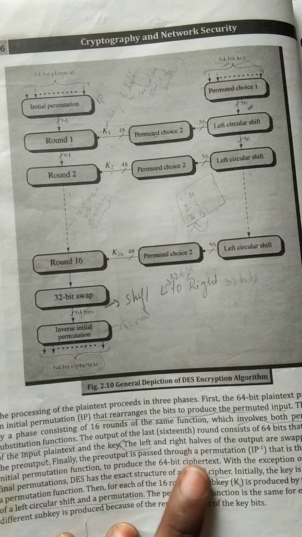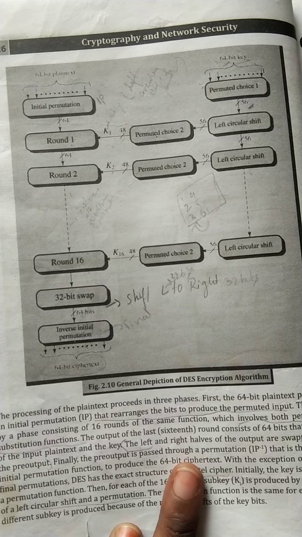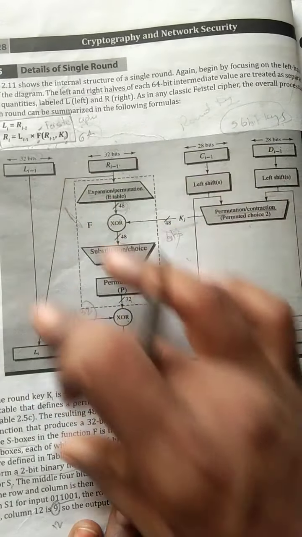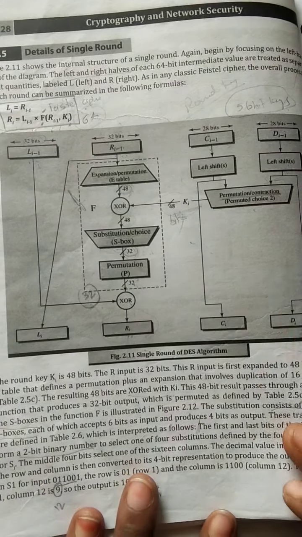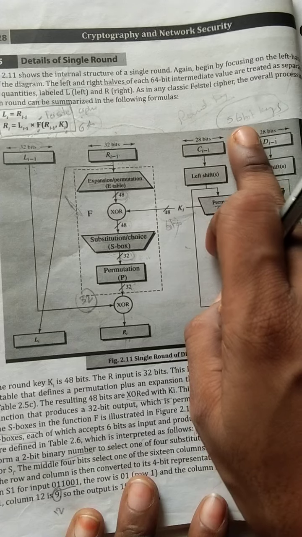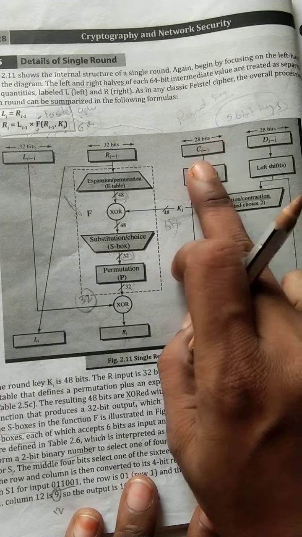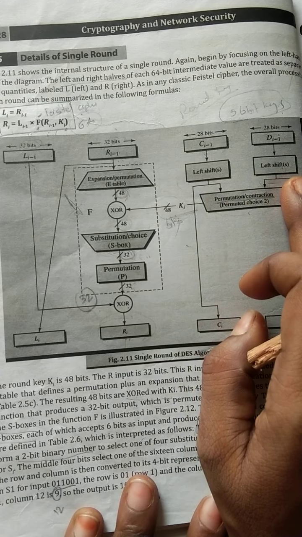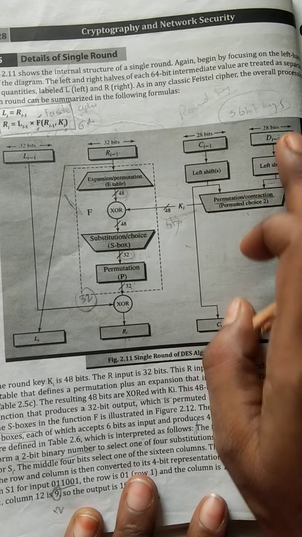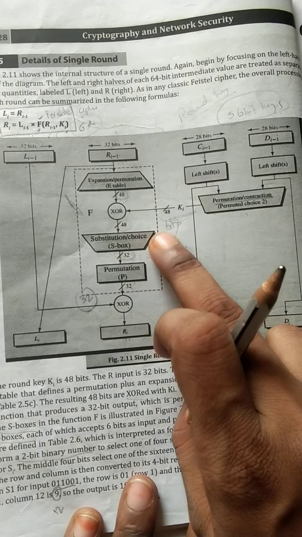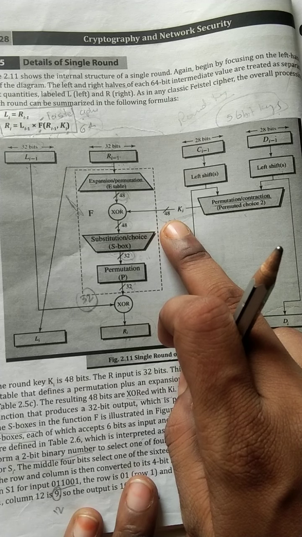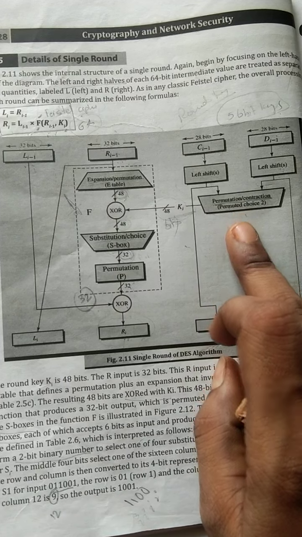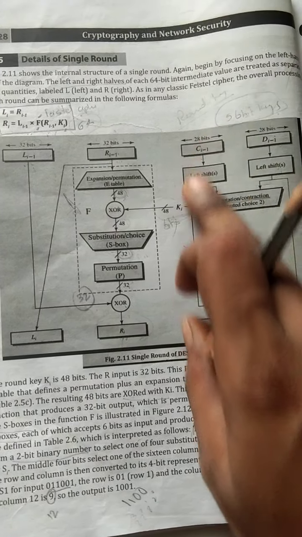Now this is the basic structure of a single round of the DES algorithm. Here 28 plus 28 is 56. The 56-bit key is divided into two halves, and a left shift is done on them. Then the 28 bits and 28 bits, 56 in total, are reduced into a 48-bit key. The permutation or contraction is done by using the permutation choice 2 operation. So this is about the key.